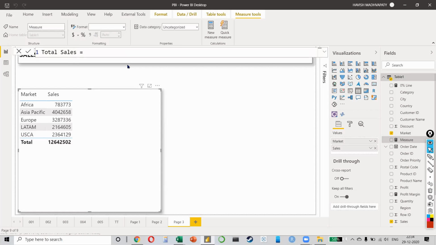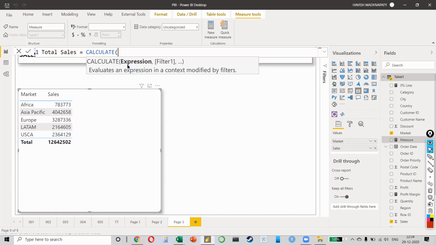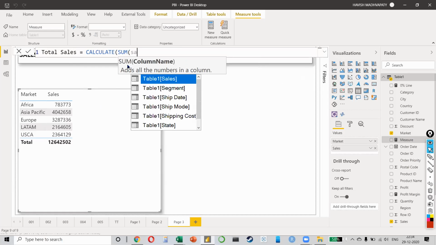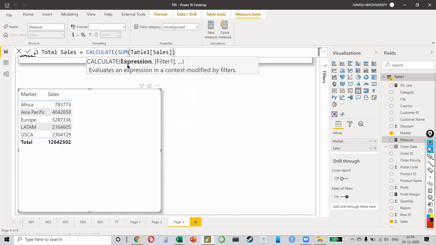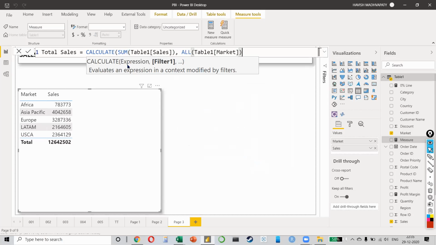When I show you the result, I'm sure you will understand what we have done. I will click on calculate. Okay, what are we trying to calculate? The sum of sales, right? And all market, like this.